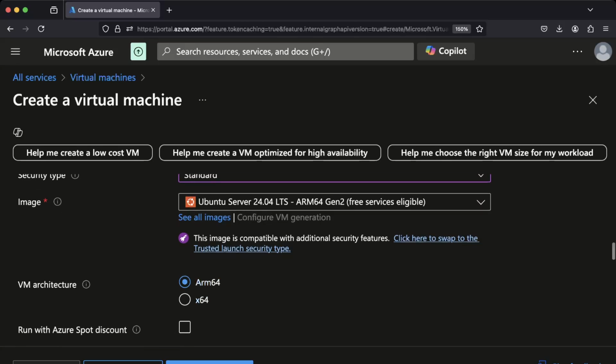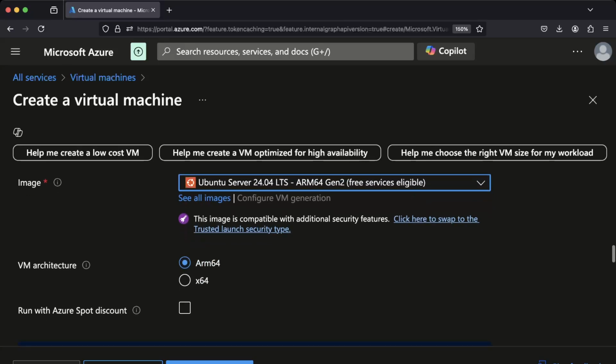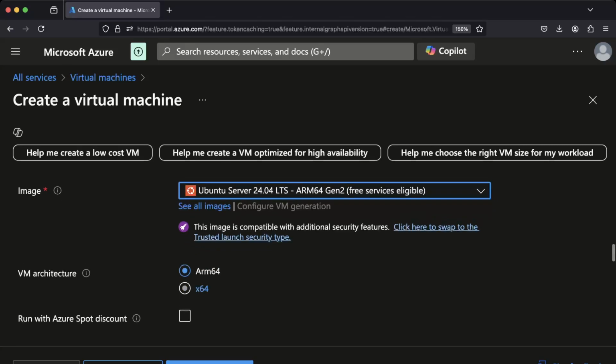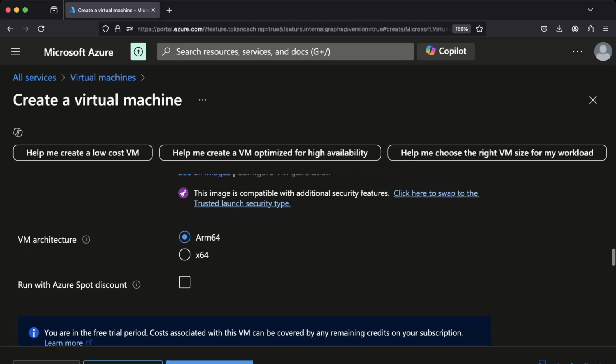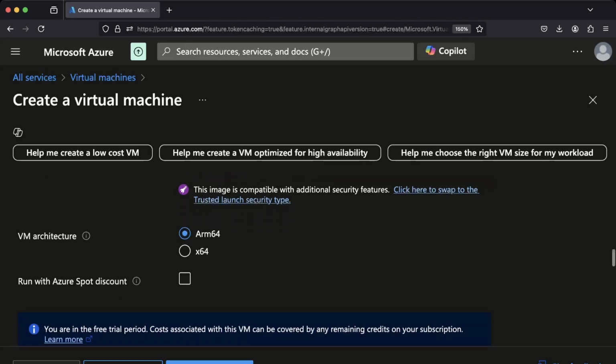So we're going to use ARM64, free services eligible. There's more images, but we'll keep it simple for this example here. Run with Azure Spot Discount. That just means